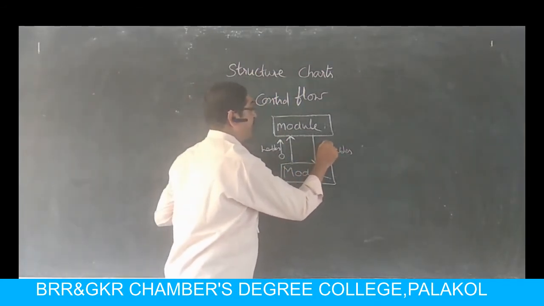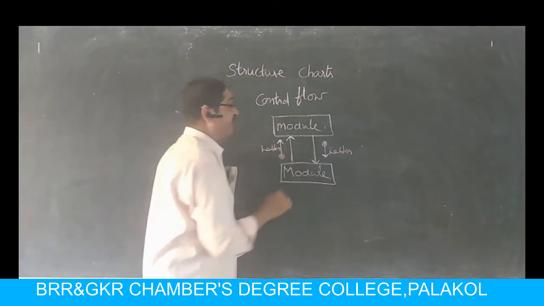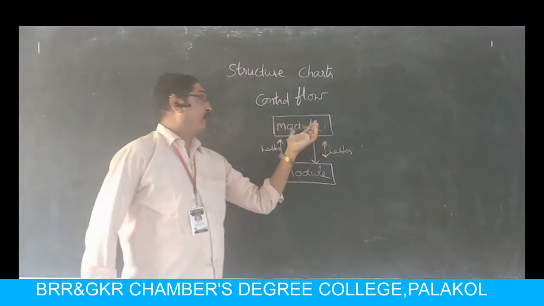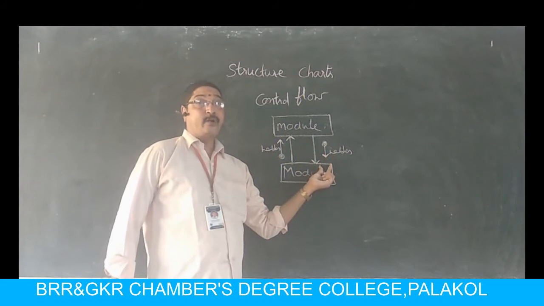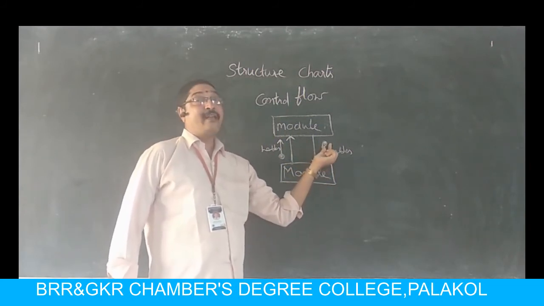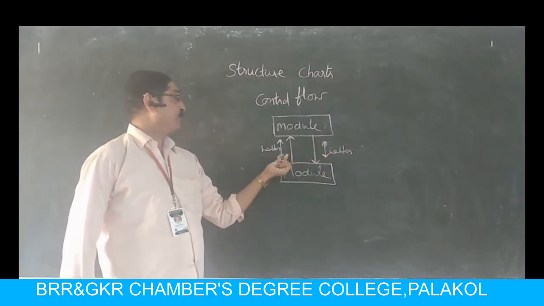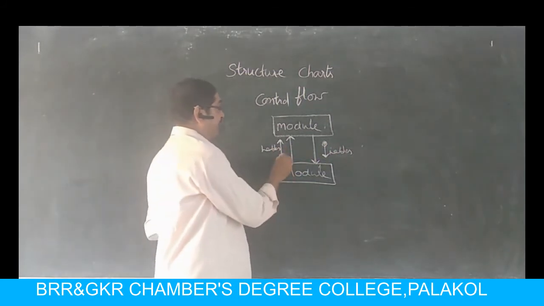I am not drawing the same diagram. This is to avoid only time wastage. Please study the modification I did here. Here in this one, this is control flow. In this one, these directed arrows have a filled circle on the other side. Similarly here also, a directed arrow is there and a filled circle.